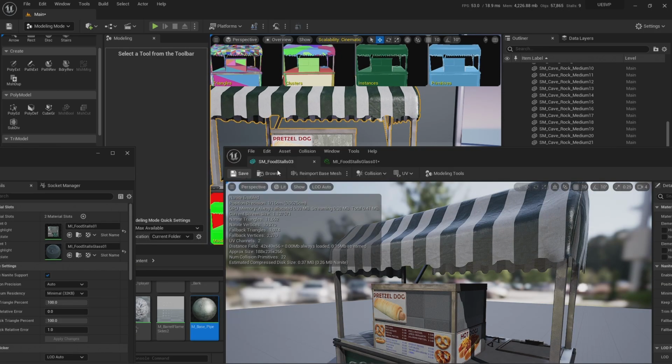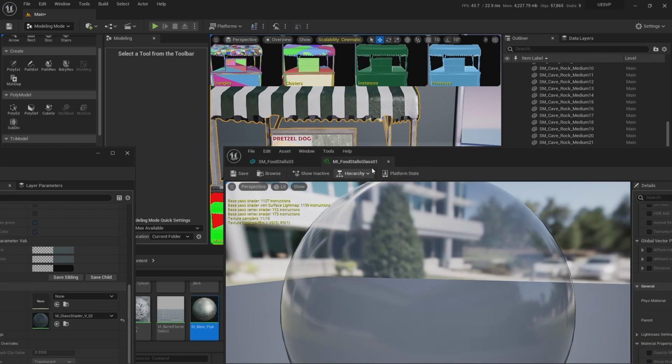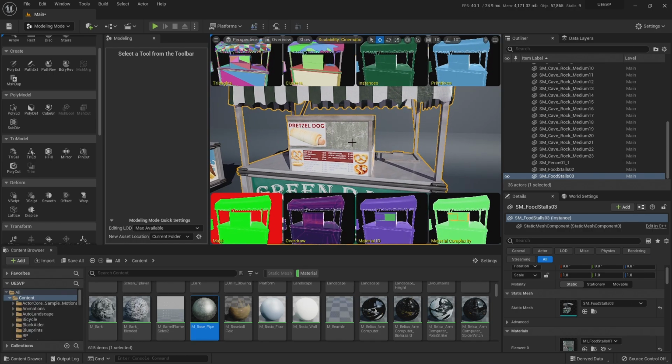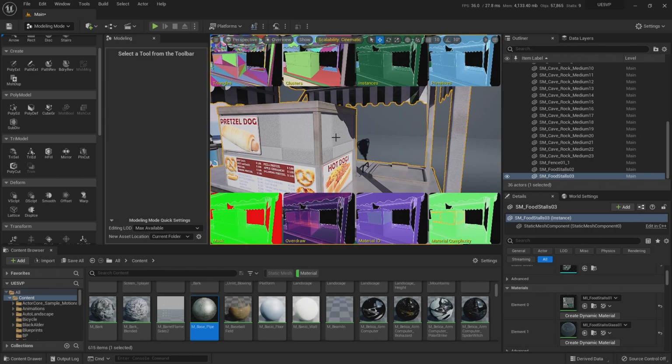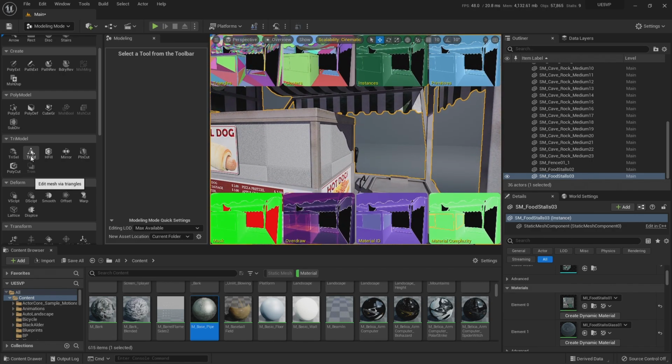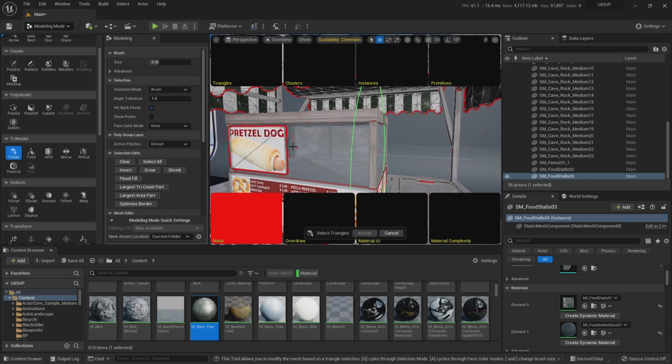Another way to fix it could be, let's save this, close this up, and revert it to how it was with the glass. So I'm going to select the card, go to tree select, and choose a little smaller brush size. And here in selection mode, I'm going to change it to all within angle, this one right here.